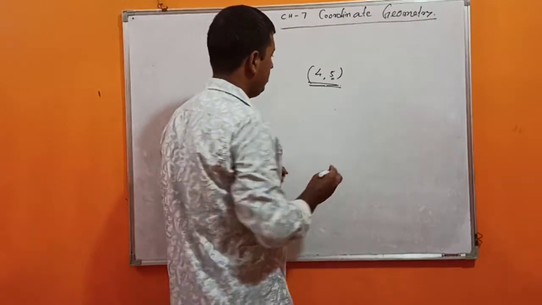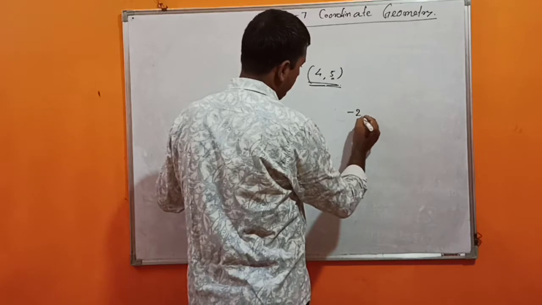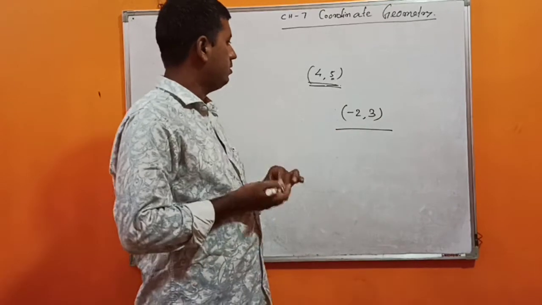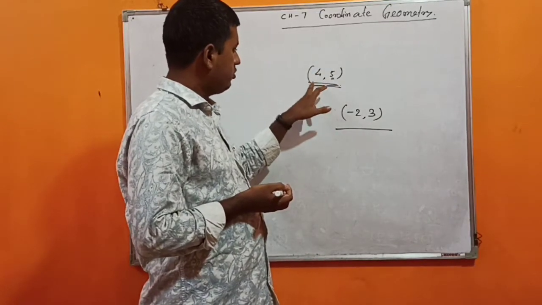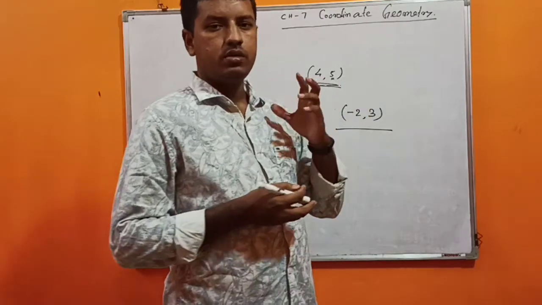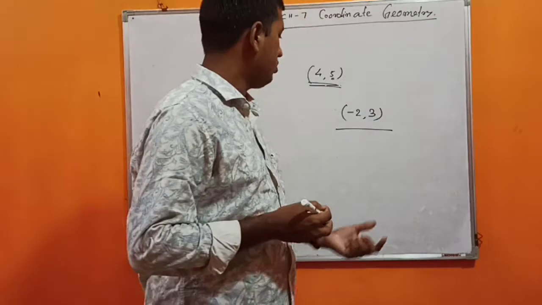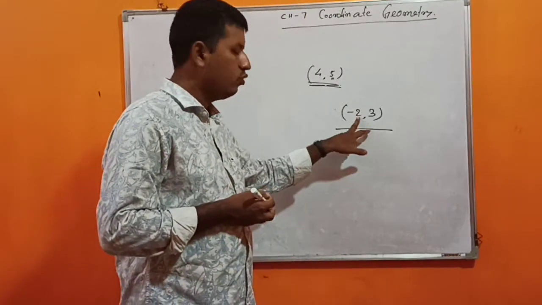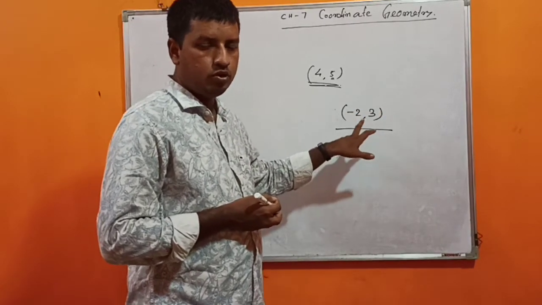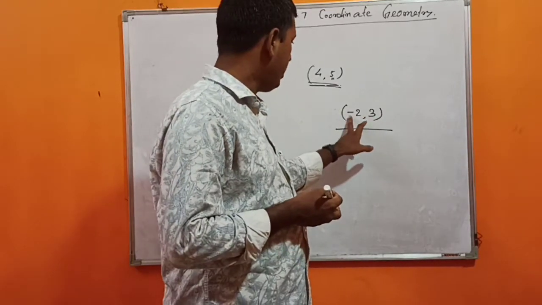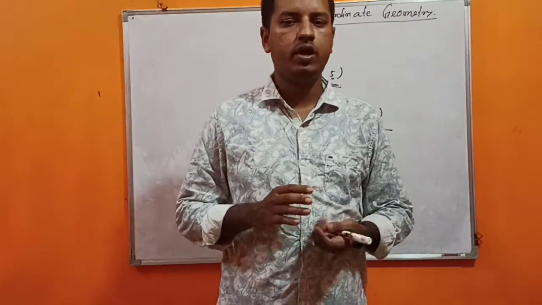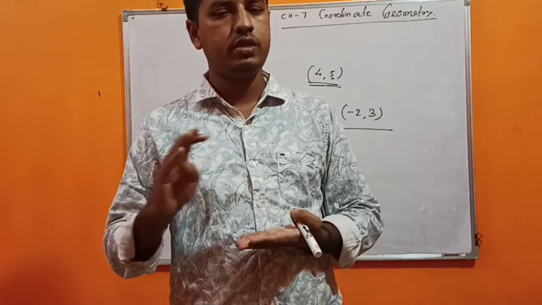So if the coordinate of a point is -2, 3, then what will be the distance of that point from the y-axis? As I told earlier, it will be -2, but since distance can never be negative, the distance from the y-axis of that point will be 2 only. Minus will represent that the point lies in the second quadrant, but the distance from the y-axis will be 2. Okay. So we will be able to understand what the x coordinate and the y coordinate are, the distance from the y-axis and the distance from the x-axis.